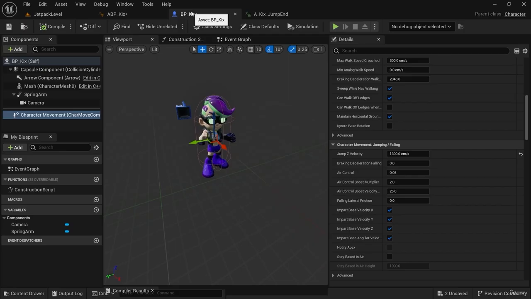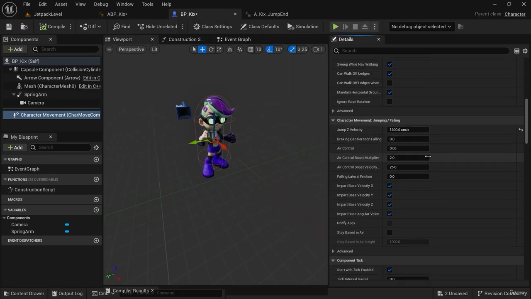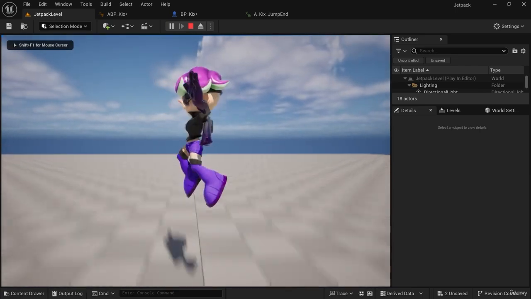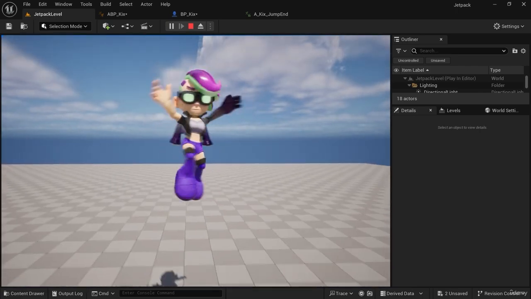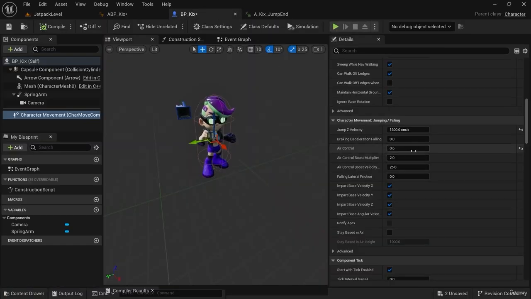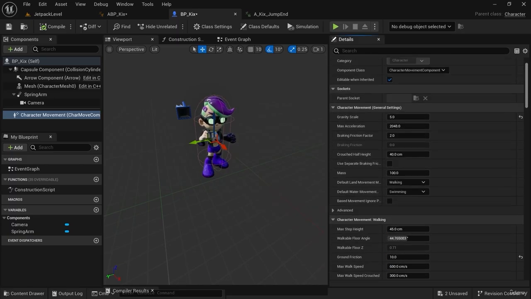And if you go to your character movement component under jumping, falling, you can take your air control and increase that value. 0.6, for instance, will give us a lot more air control. If we jump and we turn around, we'll be able to influence where we're going, and a value of 1 is full air control. But this is full air control only at max speed of max walk speed,